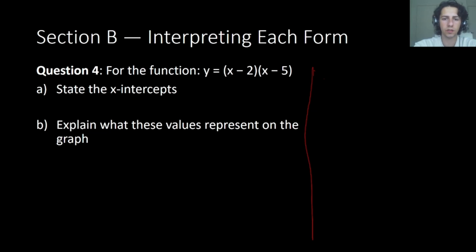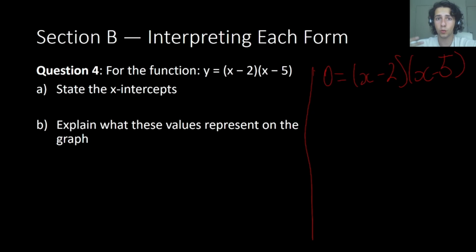So this function would end up being something like this once we make y equals 0. So it will be (x minus 2) times (x minus 5) is equal to 0. Now to find the x-coordinate of the x-intercepts, we need to follow the null factor law. And what we can do is